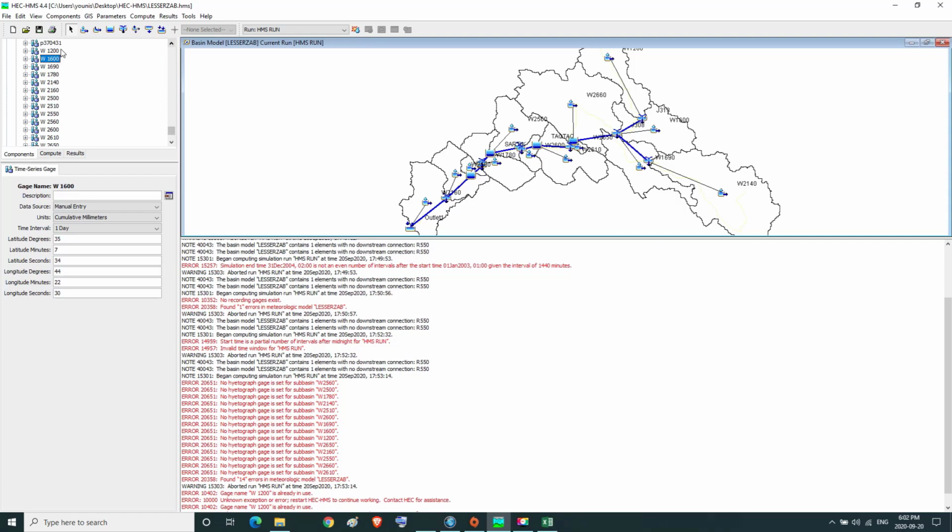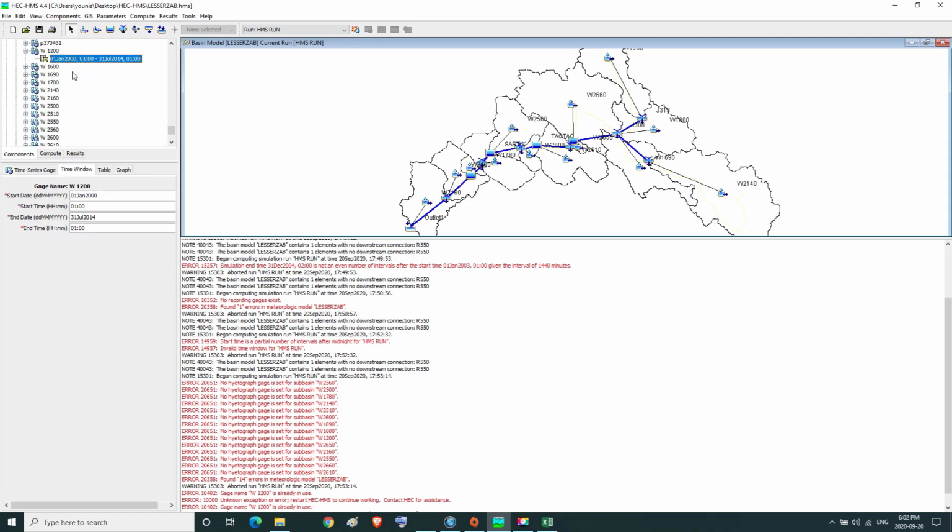Then we choose the first gauge or station for the first subbasin, which is W1020. Then we check the date and time for the precipitation data.